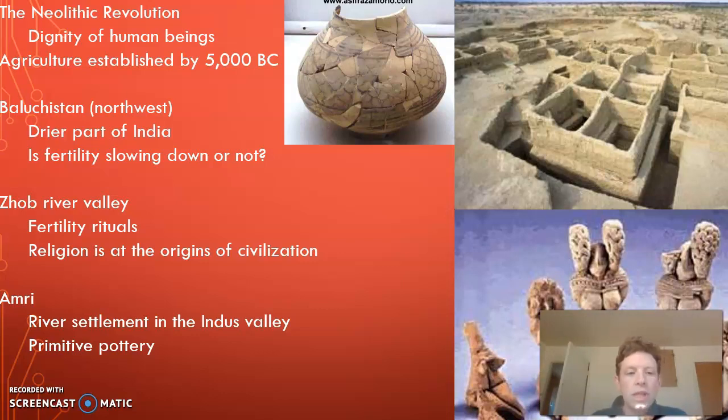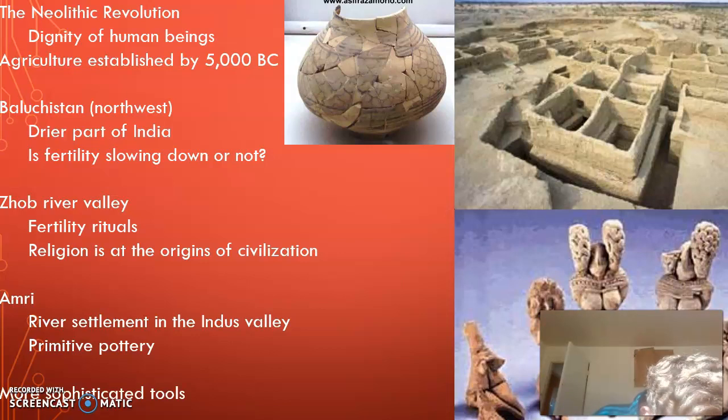Just kind of closing up here, what we start to find in the Neolithic period is that tools become more sophisticated. We start to find chisels, hammers, and so tools that are being used to make things rather than just making a spear. You're making something in order to make a better spear. So the creation of tools, technology is becoming more sophisticated at this time.